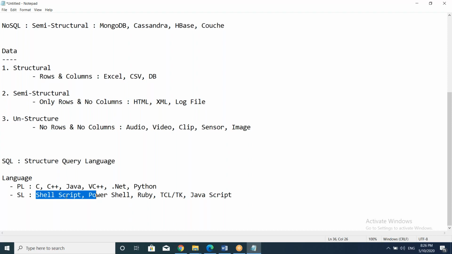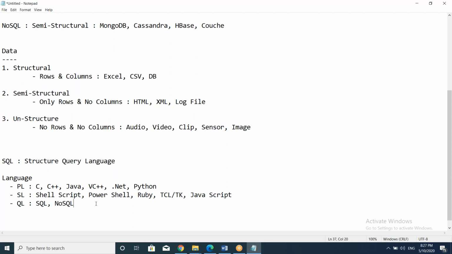And this is also one interview question they are asking: what is the difference between programming language, scripting language, and query language. So these are a few differences. And another language is this query language. This SQL which you are learning. So here SQL is coming, this query language. Structure related, you tell it SQL. No structure related, you have to tell it as NoSQL, meaning semi-structural related. So here two types of languages are there.